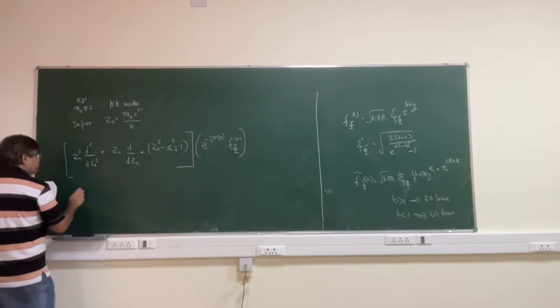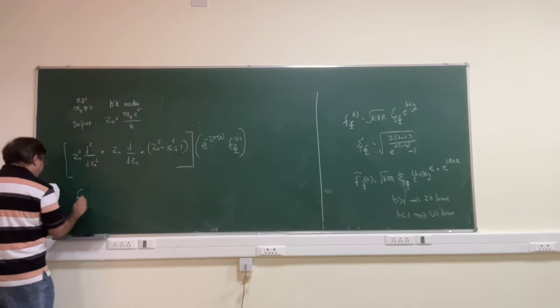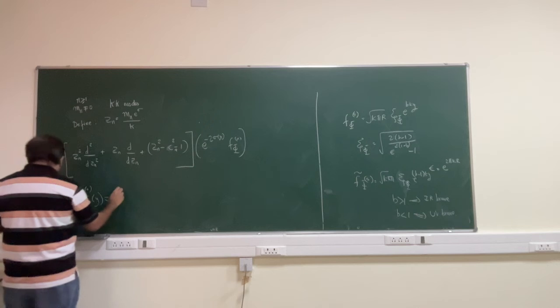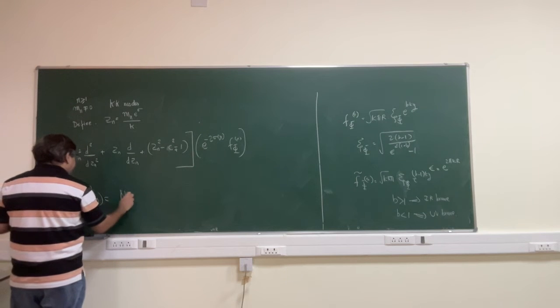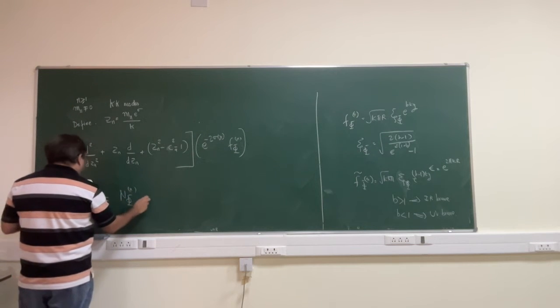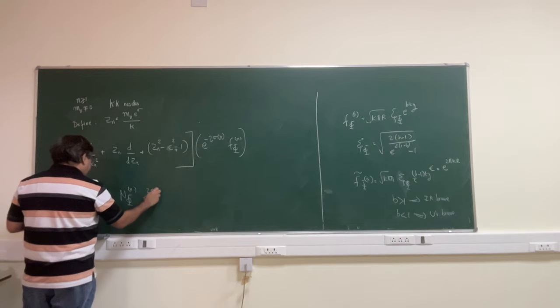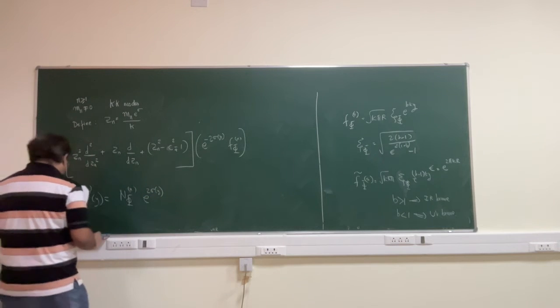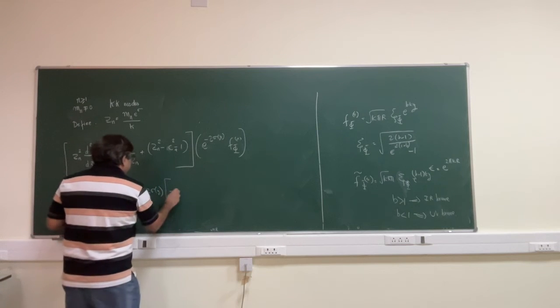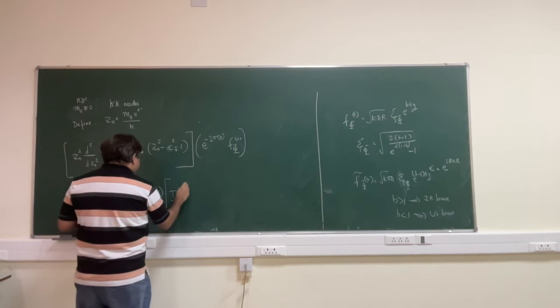So the solutions of this are f5 of n of y, given by some normalization constant, e power 2 sigma of y, J alpha, so Bessel's function,